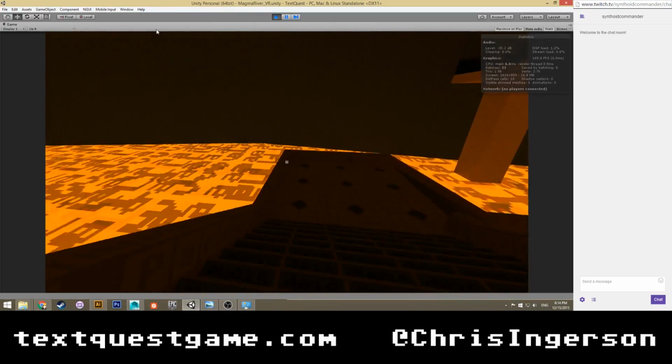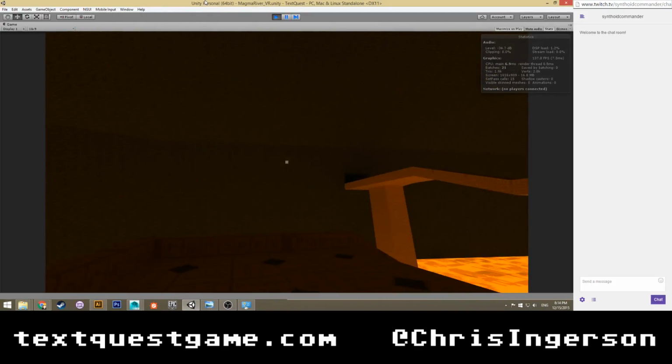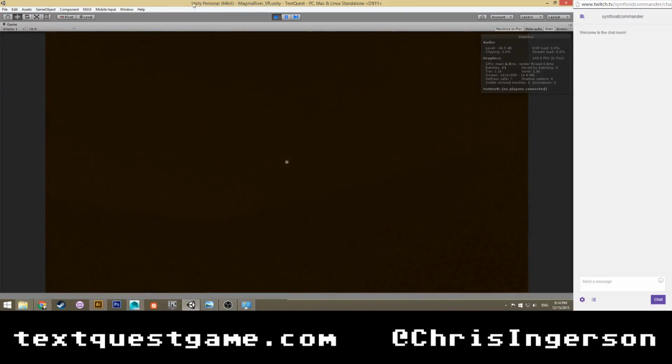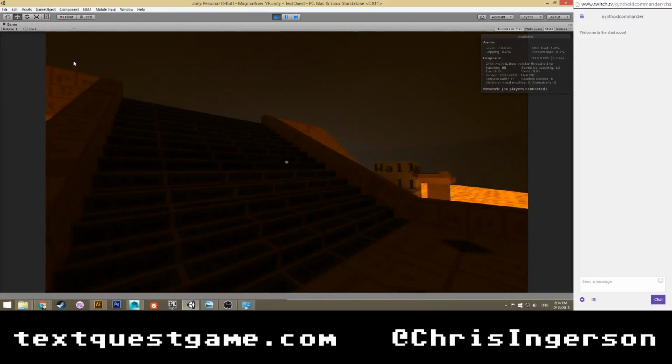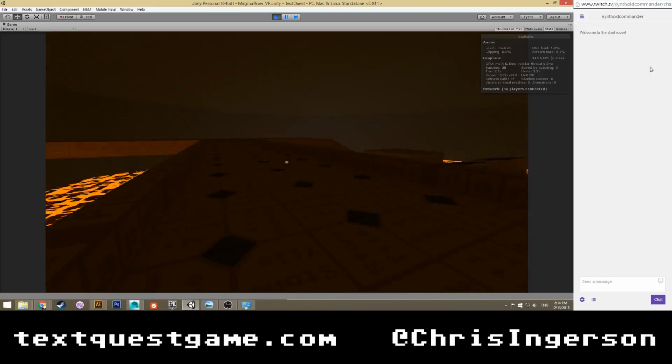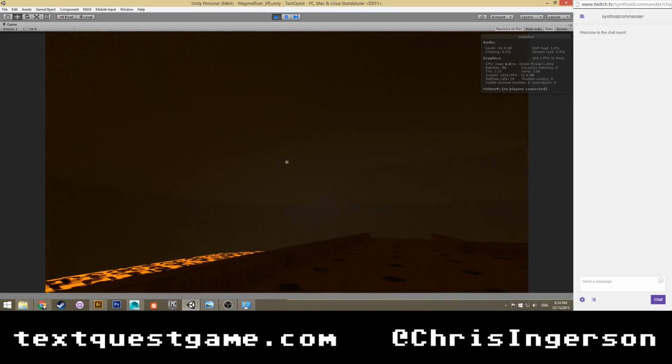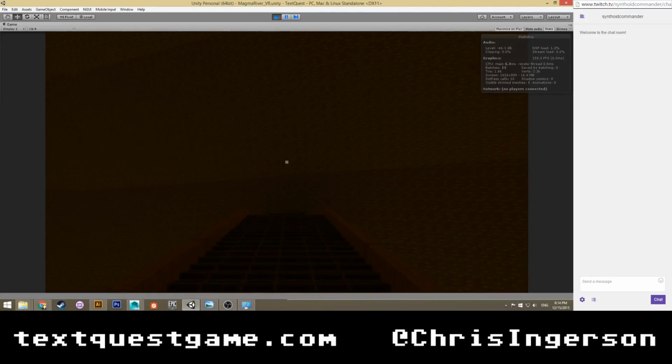Oh, and I've also added lava sound effects. And I found a good way to actually texture the caves. So actually, let me run back up there. So if you watch the stream before, you'll know that I was having trouble projecting the texture for the caves because it's a dome, and domes are always weird when you're projecting textures.